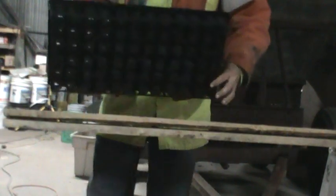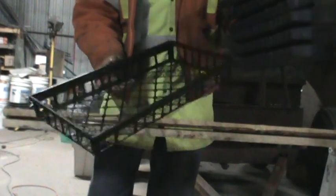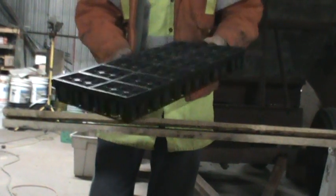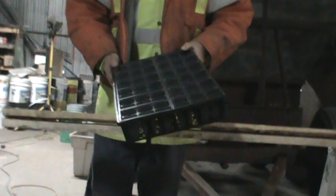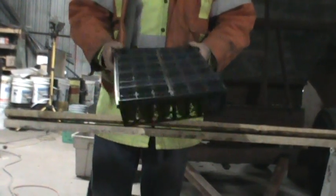Okay, so this is the type of tray that I use for the plants, for the starters. As I said, these web trays are like $2 a piece. A solid one's $4. These inserts aren't cheap, but I have an idea for those too. So instead of carrying one at a time out of the greenhouse and back into the greenhouse, you know, every night and every morning,